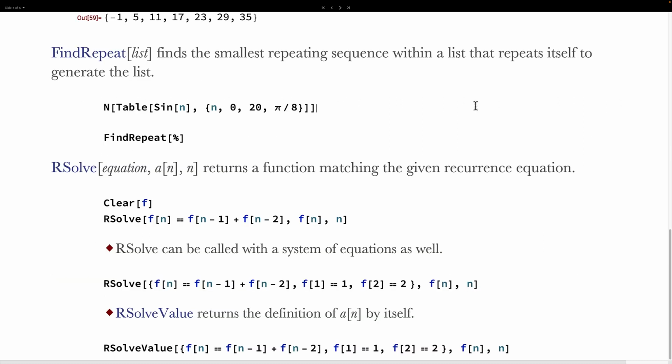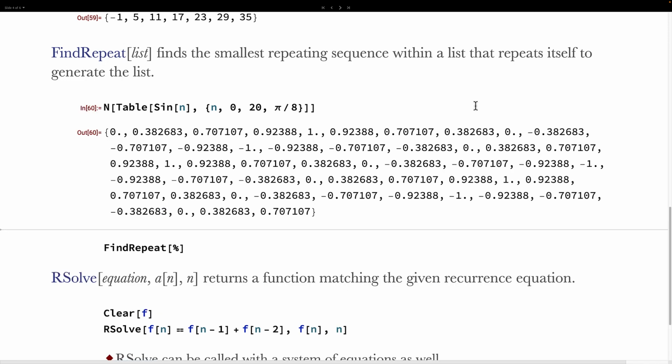Finally, if we write this out in a table, we can get -1, 5, 11, 17, 23, 29, and 35. Somewhat similarly, the FindRepeat function finds the smallest repeating sequence within a list that repeats itself to generate the list. To give a fairly concrete example, if we take a table of sine of n as n goes from 0 to 20, incrementing by pi over 8, and then we take the FindRepeat of that sequence,